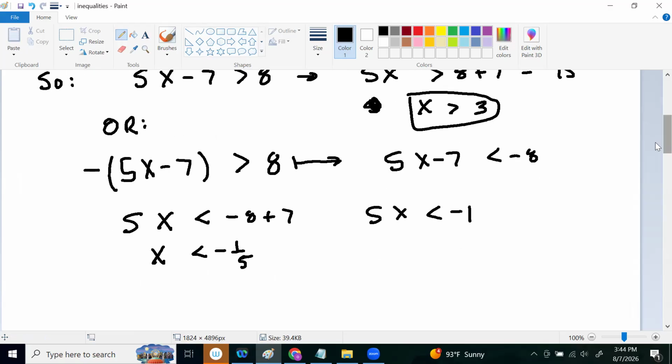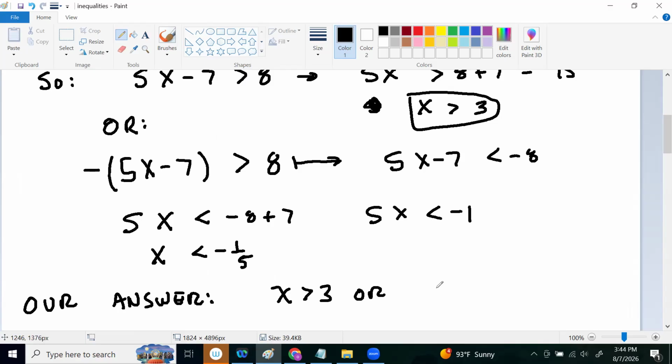So our answer means x is greater than 3 or x is less than negative a fifth. And now let's plug in x equal negative a fifth to see what happens. 5 times negative a fifth is negative 1. Negative 1 minus 7 is minus 8. And since we're taking the absolute value, as we are here,